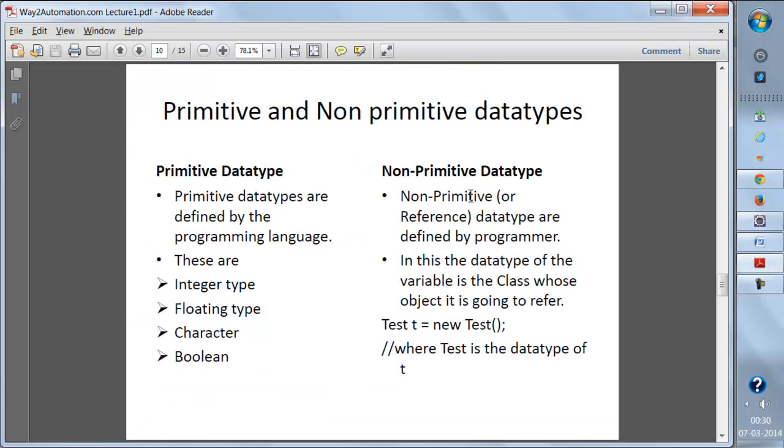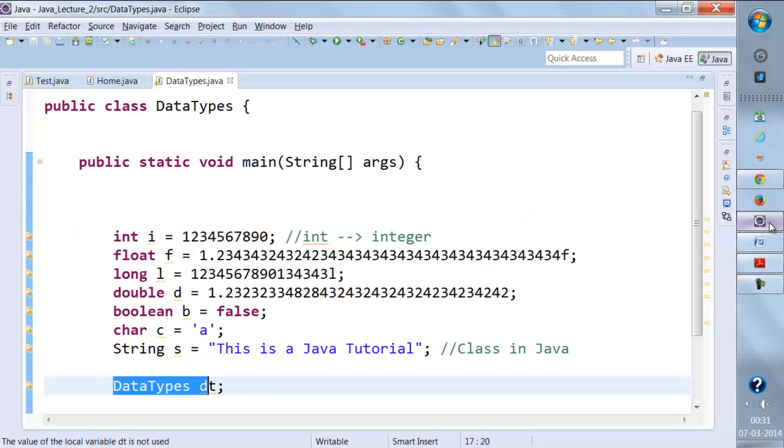So if we take a look over here, non-primitive data types are defined by programmers, right? In this, the data type of the variable is the class whose object it is going to refer to, where you can see that Test is the data type of T. So this is the difference between primitive and non-primitive data types, and these are the things we're going to use entirely in our Java, and whenever we write Selenium code, it will be purely based on these